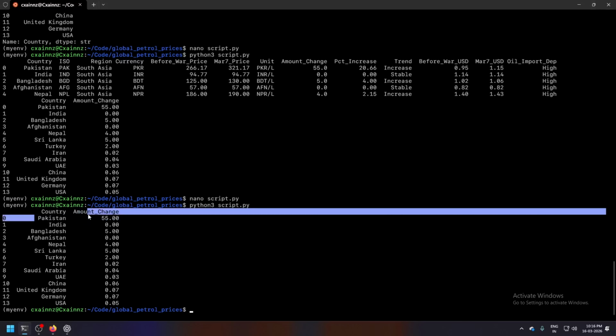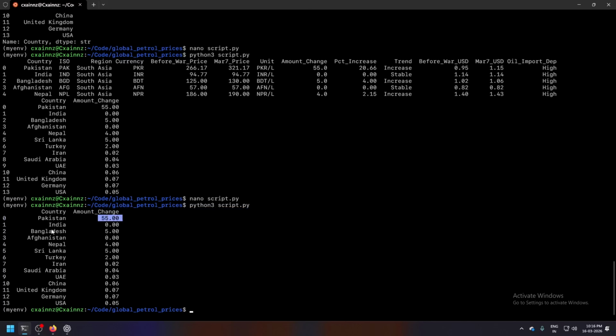So Pakistan has a $55 change, India zero, Bangladesh five, Afghanistan zero, Nepal $4, Sri Lanka.